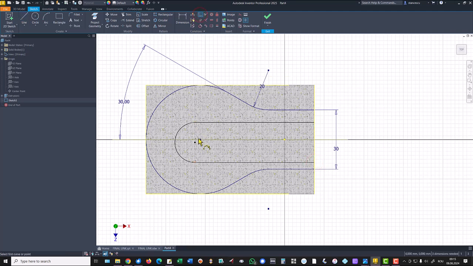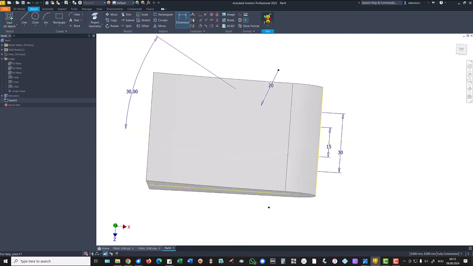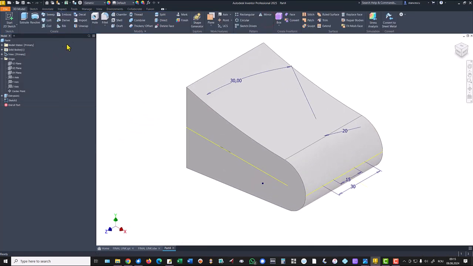I place this center on the center point of this circle. I place the dimension of 15 between these two, and I have a fully constrained sketch. Finish sketch, extrude